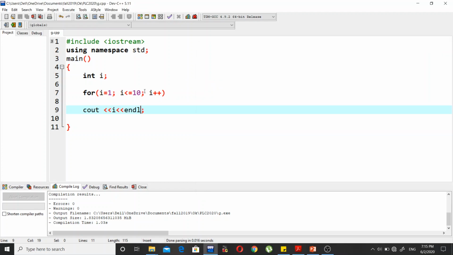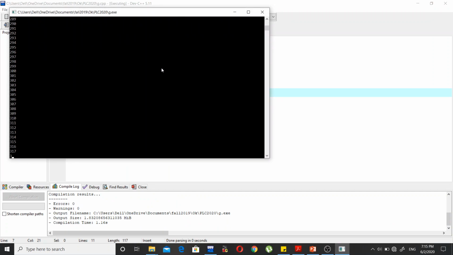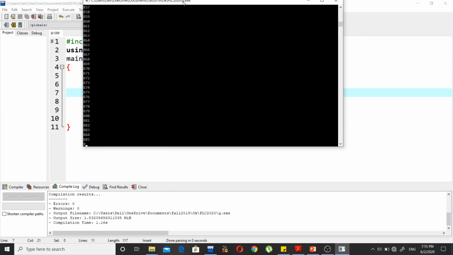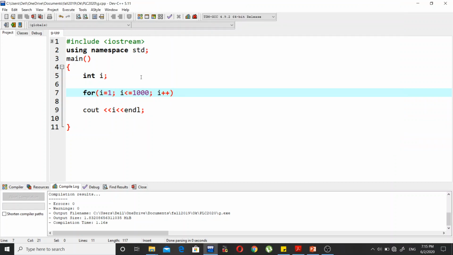Now you can change this to even 1000. After this, you need to look at the statement itself. This is the output. This is the upper limit and this is the lower limit. You can see the value is started from 1 and it goes till 1000. So you can also modify this program according to your problem. So this is how this